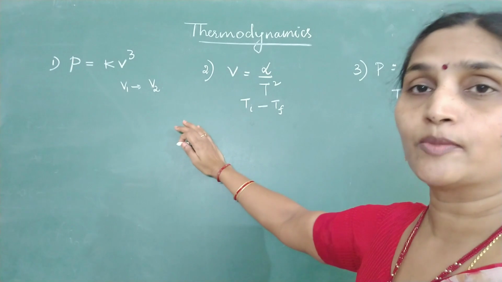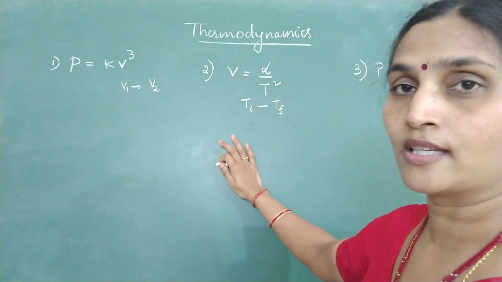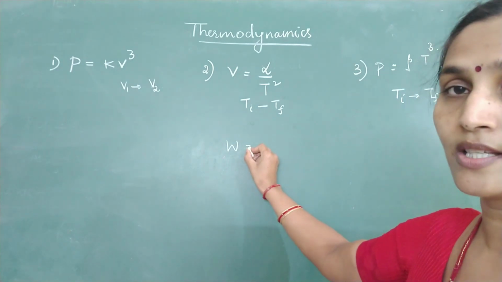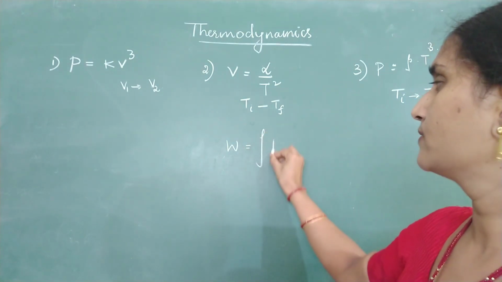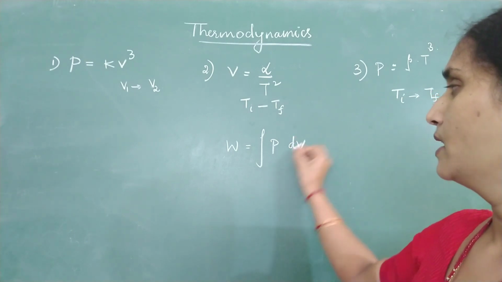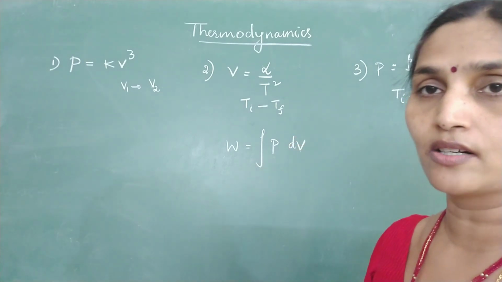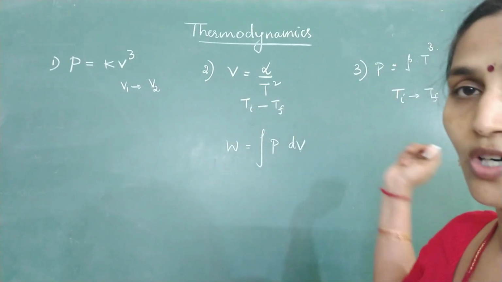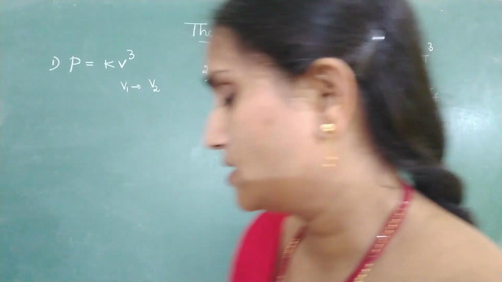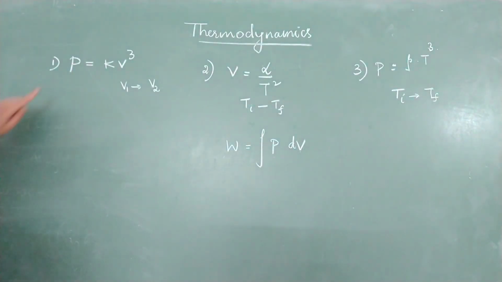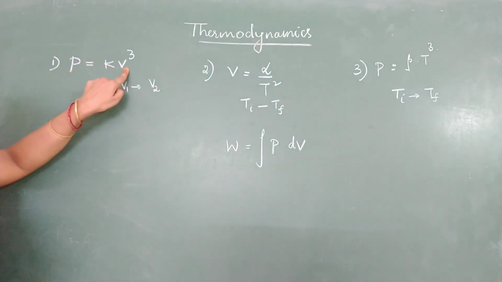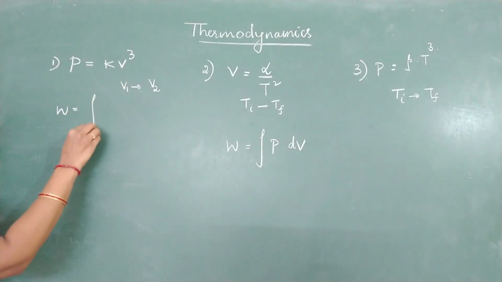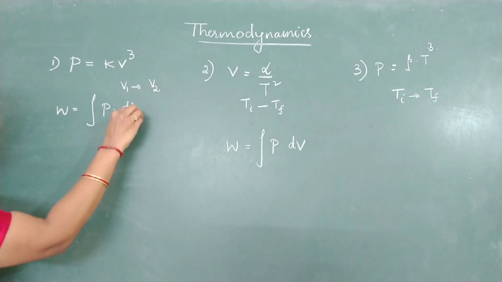Now for whatever thermodynamic process, whichever equation it is obeying, we know work done is always calculated by a general relation. What is the work done formula? Integral of P into dV, where P is pressure and dV is the change in volume. So by making use of this relation, let us see how to solve all the 3 bits. Start with the first question. Since we already have pressure as a function of volume, the work done is the integral of P into dV.